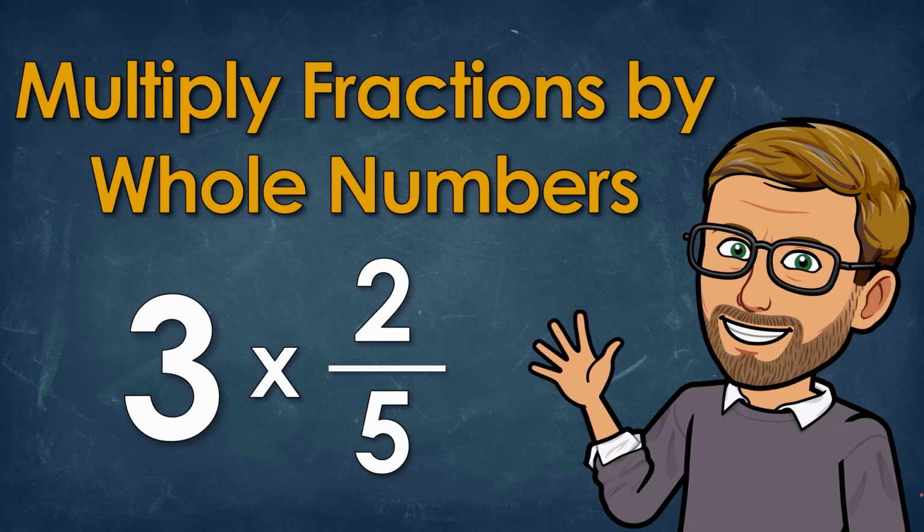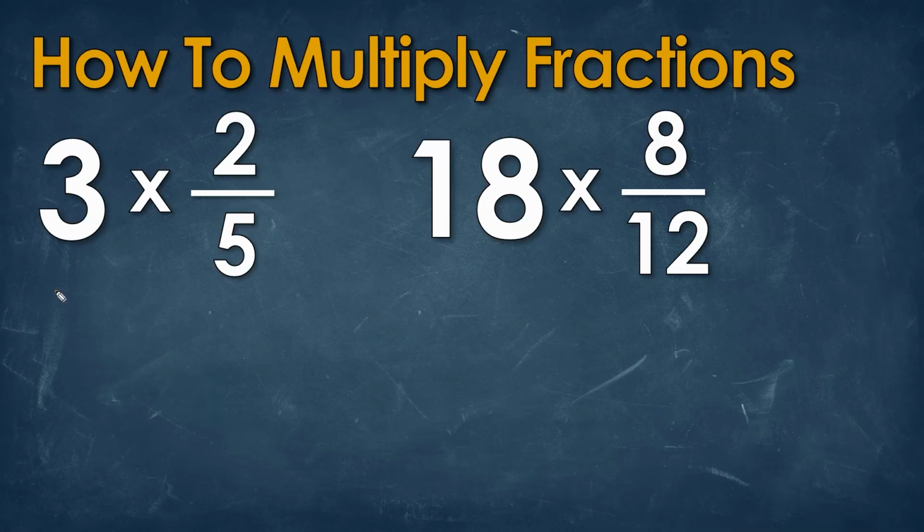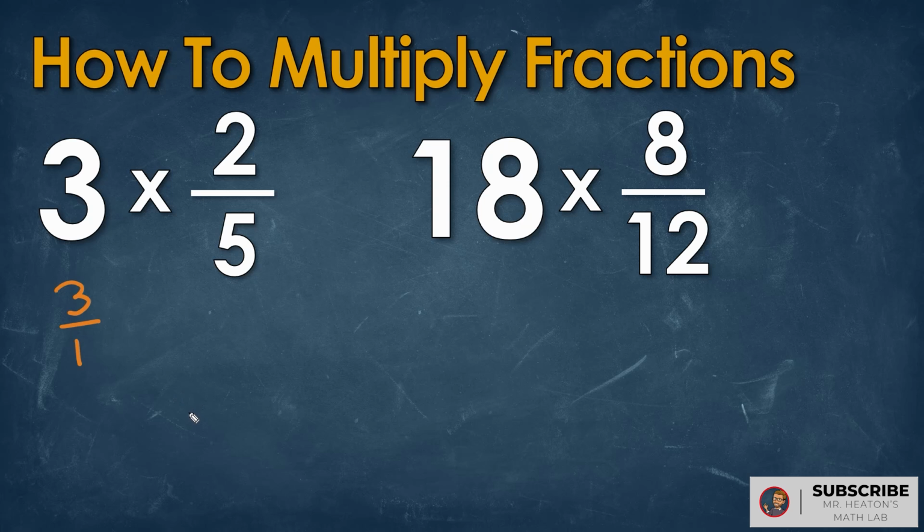In this video, we're going to be multiplying fractions by whole numbers. Now the first thing we have to do is convert this whole number into a fraction. And we do that by putting this as a fraction and putting 1 at the bottom, or 1 as the denominator. Now the reason why is we can also see this in terms of a long division, where we would